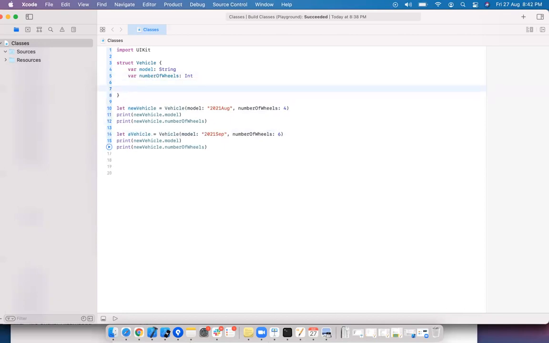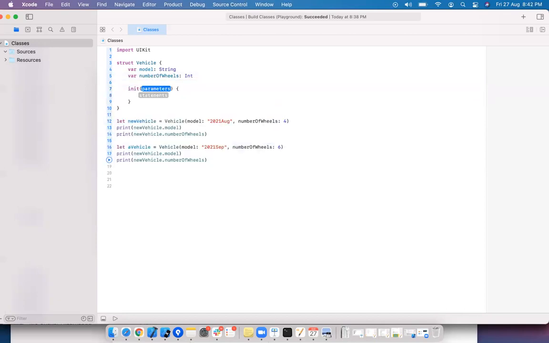If you want, you can also create your own initializer here by using the init method.